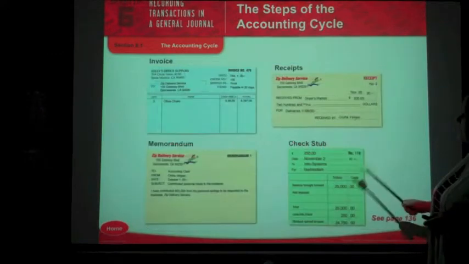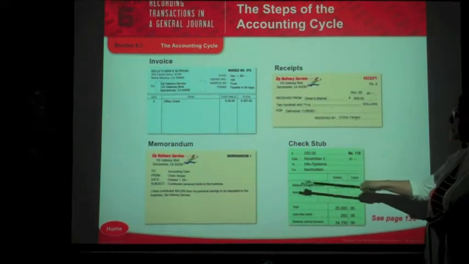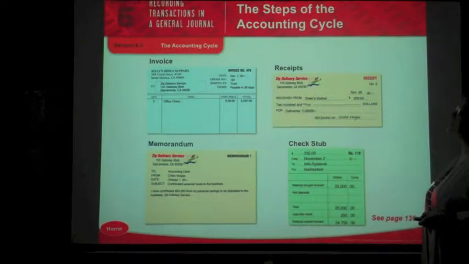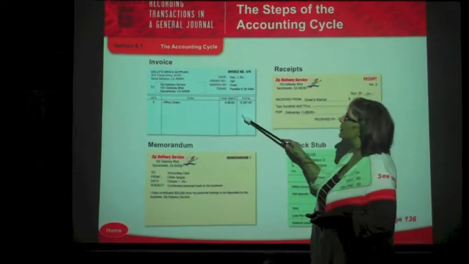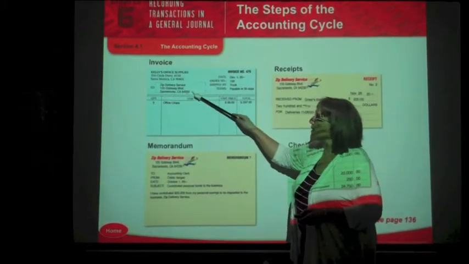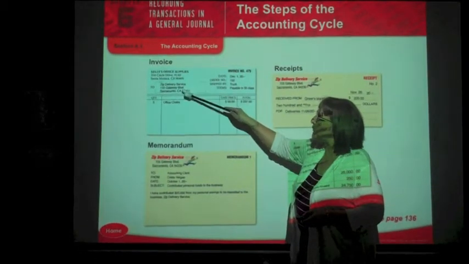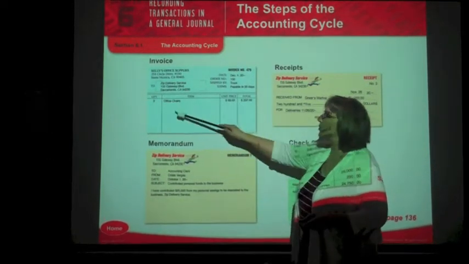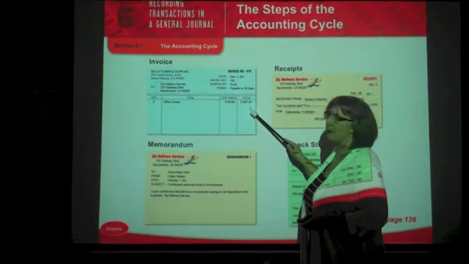Here are some examples of what they might look like depending on the business. All of these things might look just a little bit different. Here's an example of an invoice. This is an invoice that was sent to Zip Delivery Service by Kelly's Office Supply. If we're Zip Delivery Service, this is a purchase invoice because we purchased some office chairs and we owe them